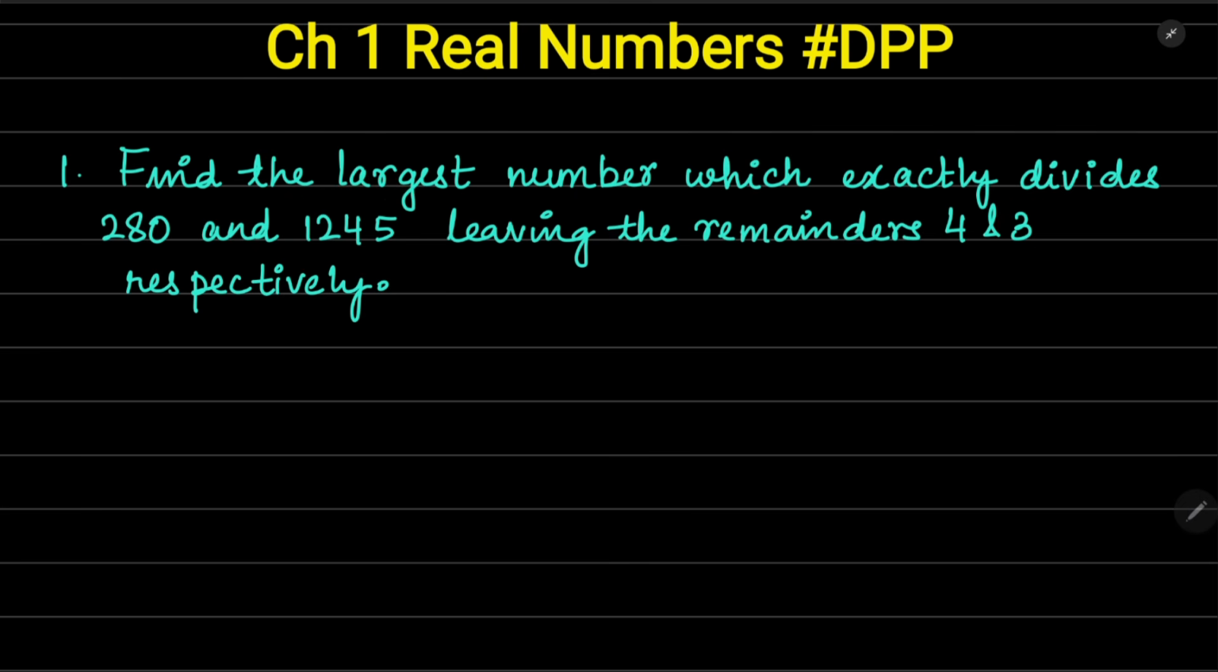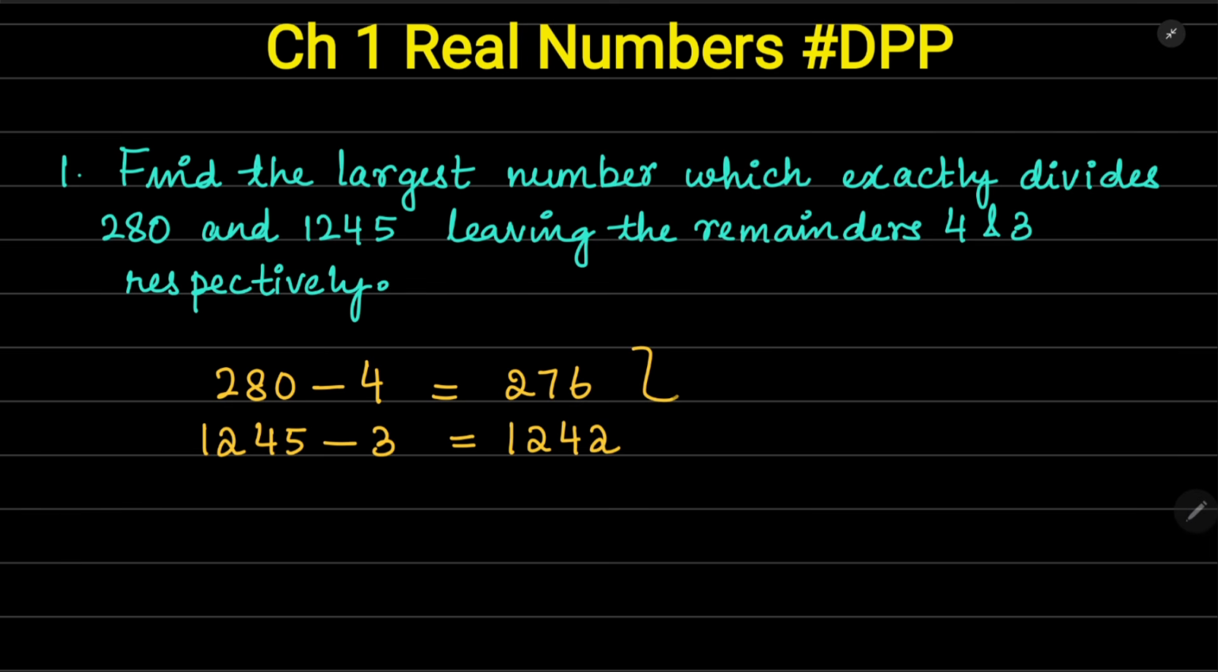So let's find out which are those two numbers. The first one is 280 minus its remainder, which is 4, so you'll be getting 276. And the second number is 1245 minus its respective remainder, which is 3, so you'll get 1242. So you have to find the largest number which exactly divides these two, that is 276 as well as